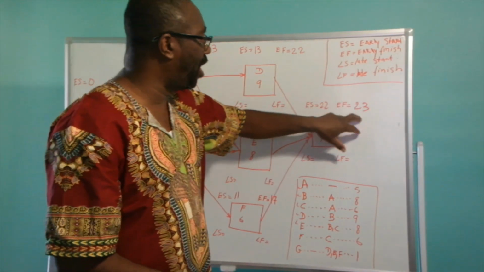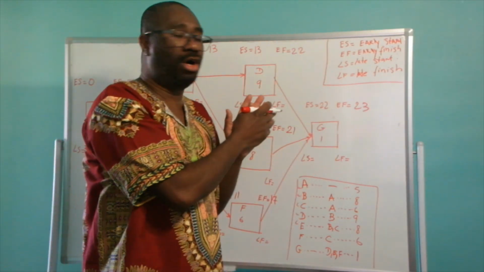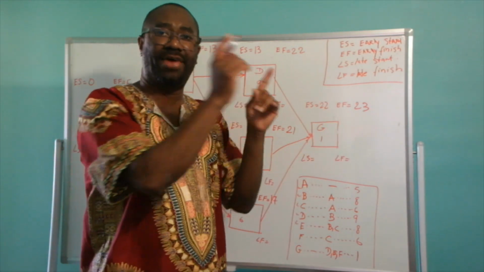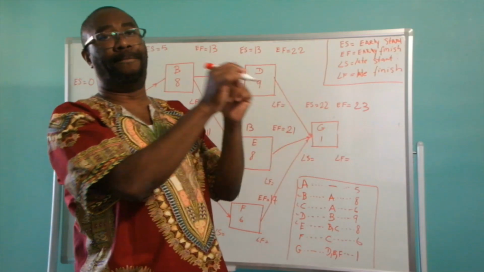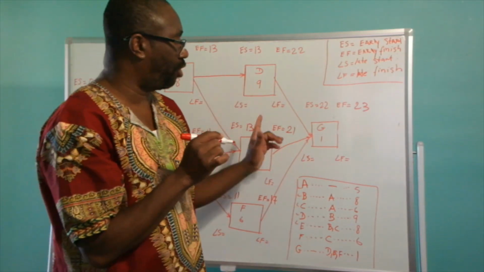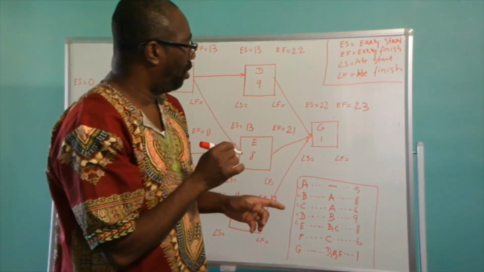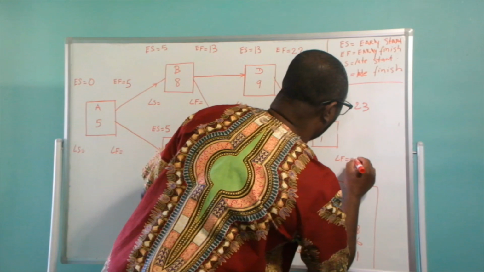But we're going to verify that by doing the backward pass. So remember, we add our duration when we are doing the forward pass, as I've mentioned earlier, and when we are doing our backward pass, we are going to subtract. So the early finish for G is going to be the late finish. So the late finish for activity G is going to be 23